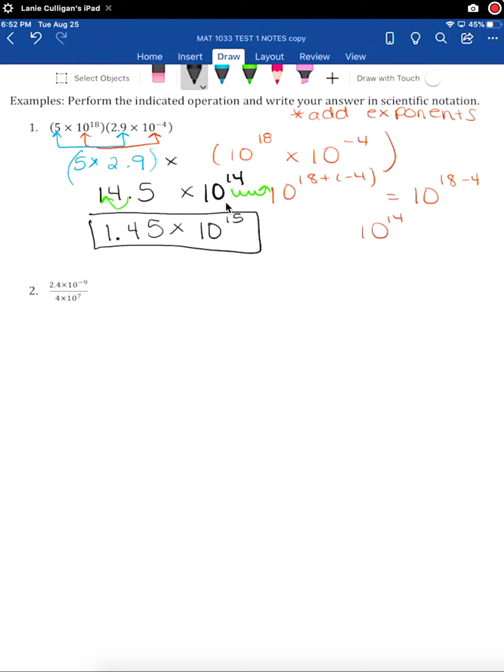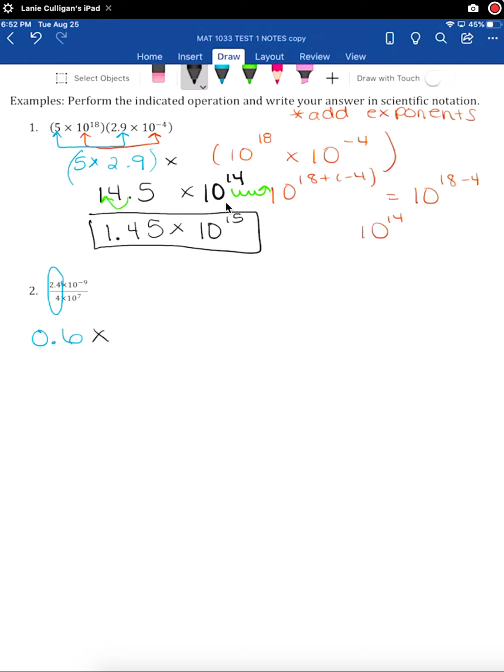Let's do another one of those examples. This time it's the same exact concept, but we're going to be dividing. So 2.4 times 10 to the negative 9th, all over 4 times 10 to the 7th. Again, combining somewhat like terms. So doing 2.4 divided by 4 in our calculator will give us 0.6